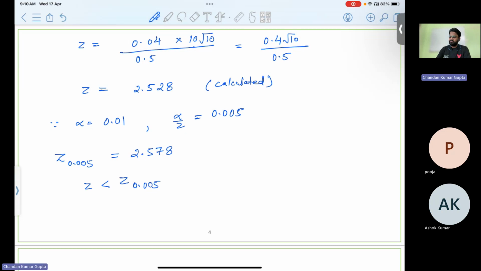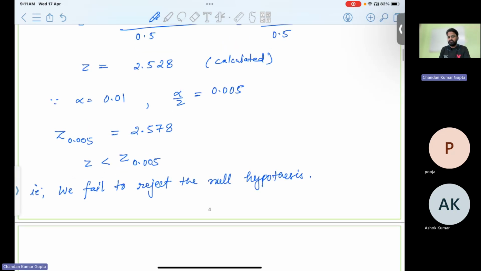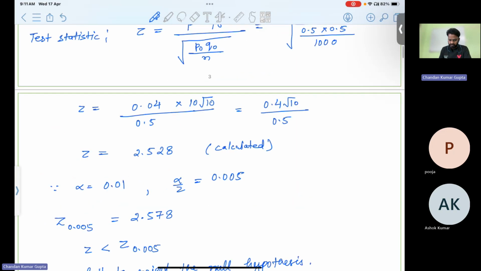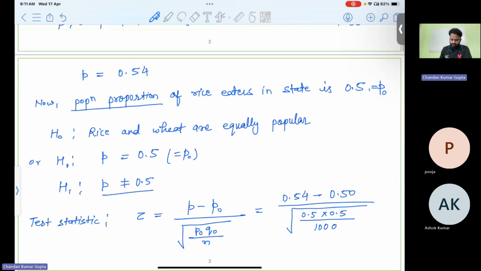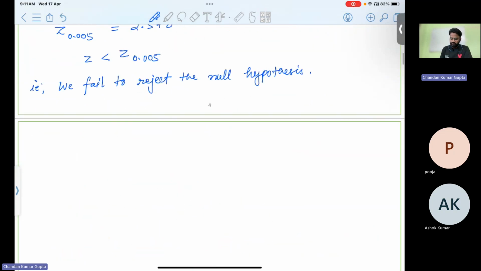Okay, so that means we fail to reject the null hypothesis. That is, we accept the null hypothesis. This means what? Our question is whether rice and wheat are equally popular. So yes, we accept it. We failed to reject, that means we accept it. So we conclude that